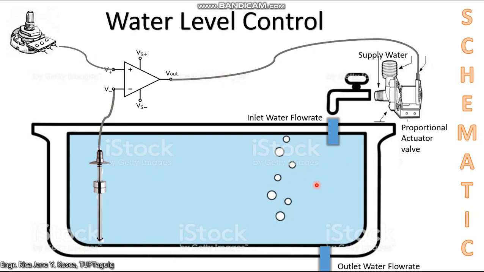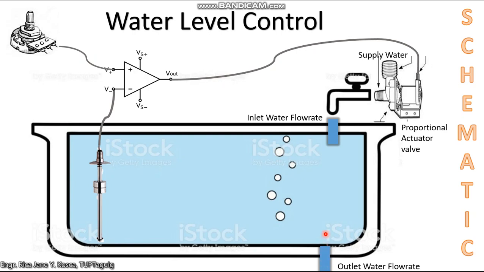And the very first consideration that we have to think about is when the inlet water flow rate is less than the outlet water flow rate, which means there should be a minimum design requirement, no? That the inlet pipes should provide a flow rate that would never be less than the outlet